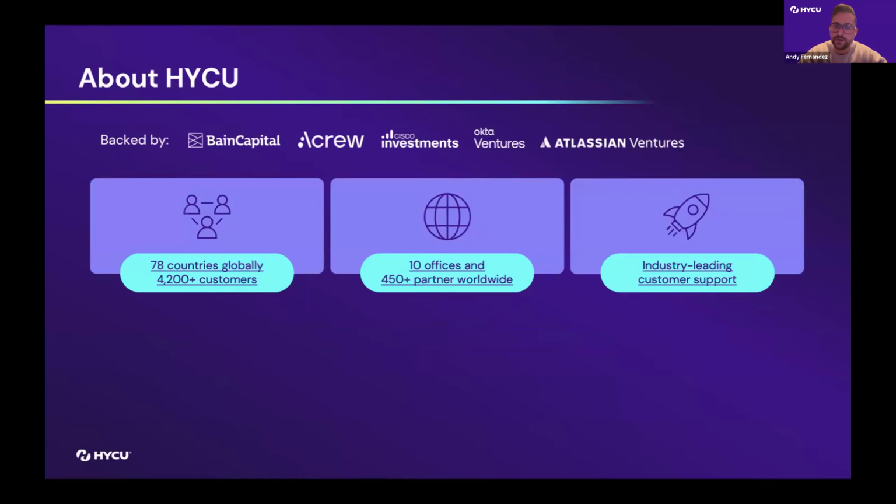We have over 4,200 customers globally. We have an NPS score of 91. This is something that we pride ourselves on. We've been protecting the crown jewels of organizations all over the world, whether it's on-prem, cloud, or SaaS. Our business is about making sure that we have your back and that your data is protected,